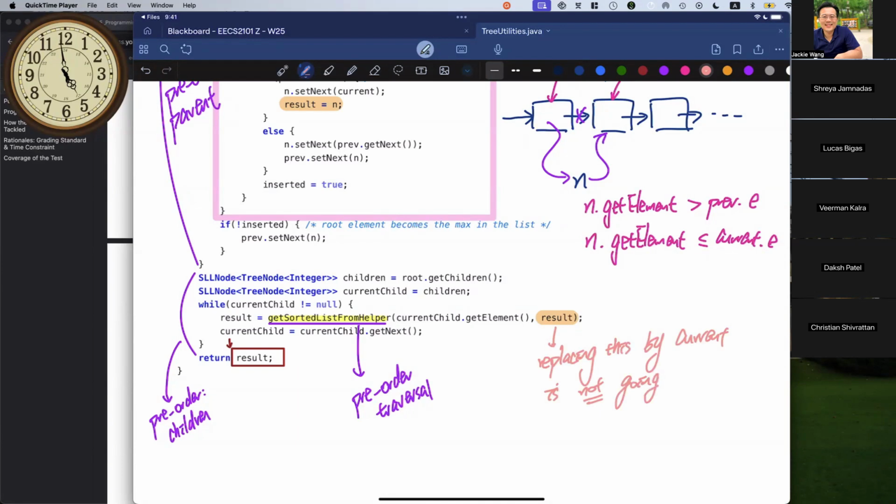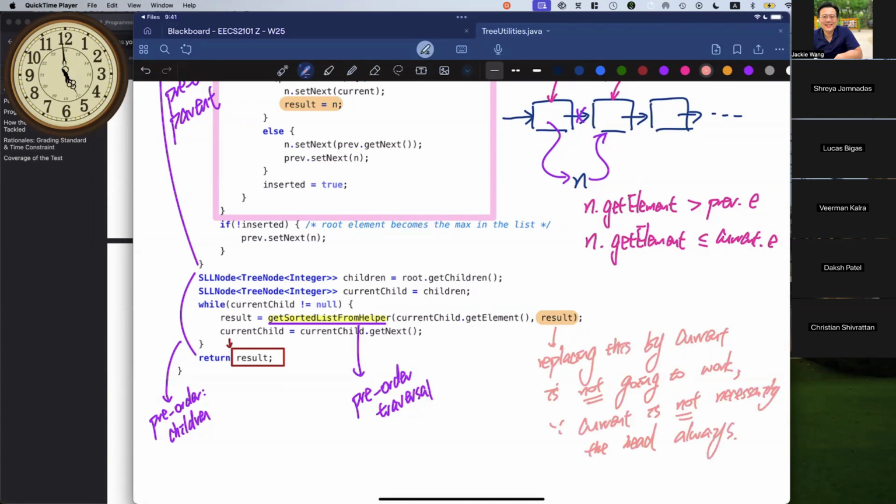It's also a very important insight into programming with aliasing, in object-oriented programming. It's not going to work because the current is not necessarily the head always.